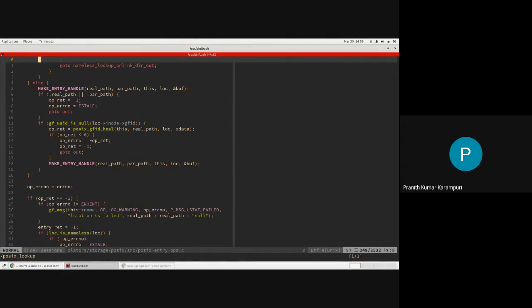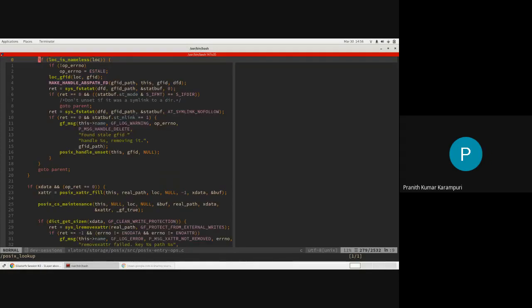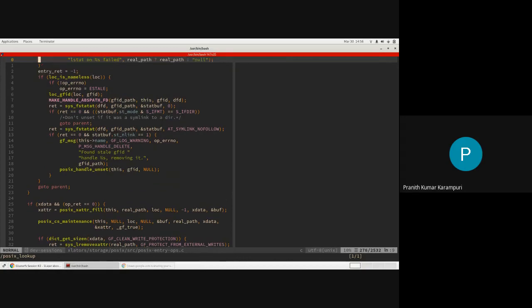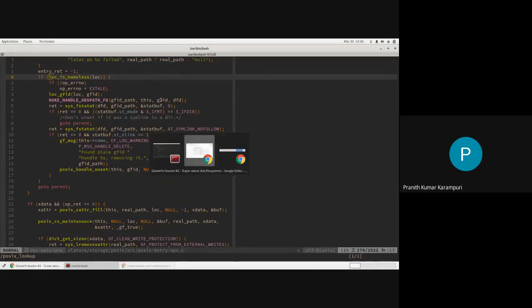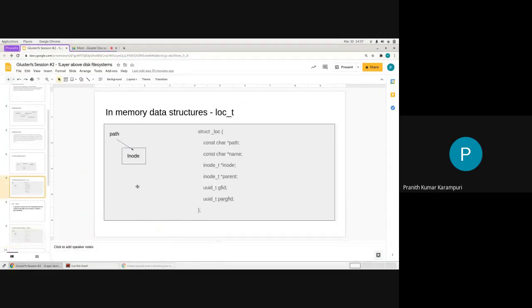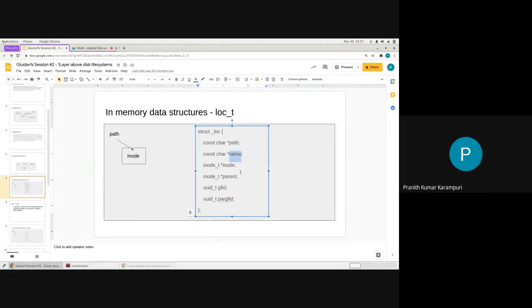But at the main, okay, so this is something that is important. So one is LOC nameless, which means that the name is not present.